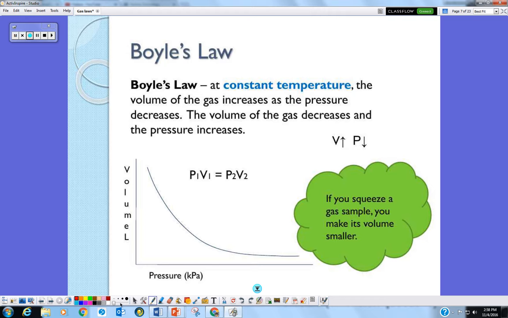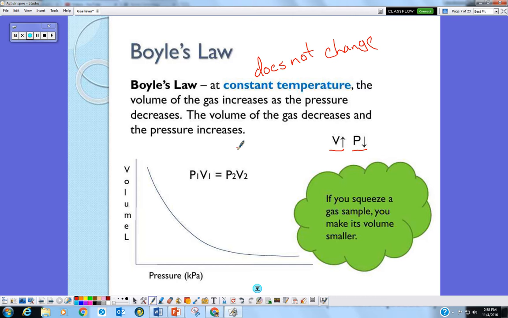So moving on, Boyle's law. Big thing I want you to know about Boyle's law: Boyle's law holds temperature constant, so temperature does not change. So we are only looking at the relationship between volume and pressure, and in order for this one to work,